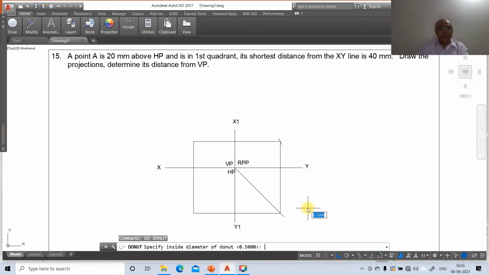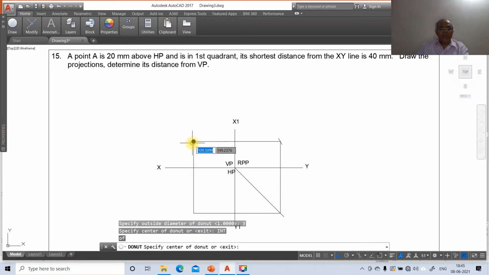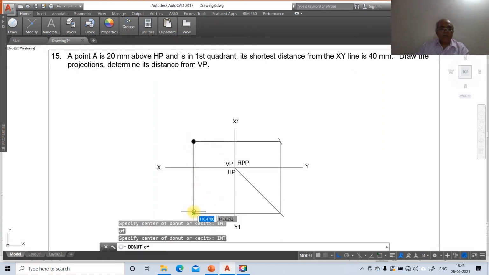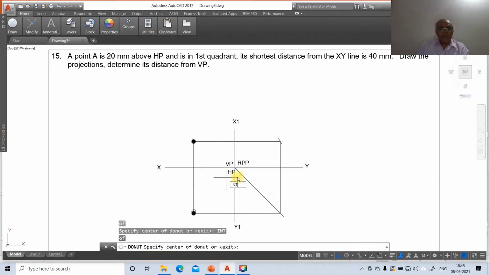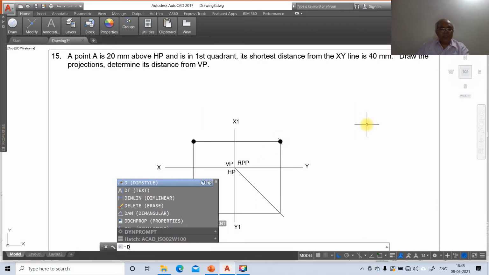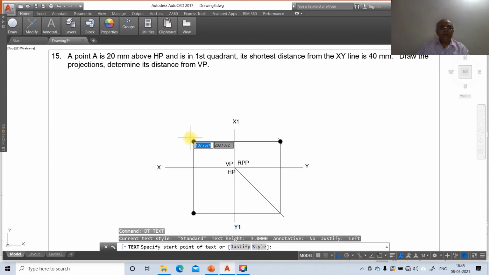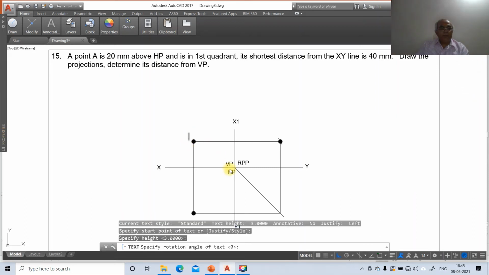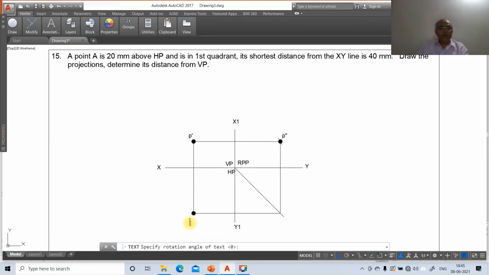Take the inside diameter as 0 and the external diameter as 3, and take the intersection of this, this, and this. Once you do that, we will go for dtext again. Here this point is p dash, this will be p double dash, and this will be the top view p.